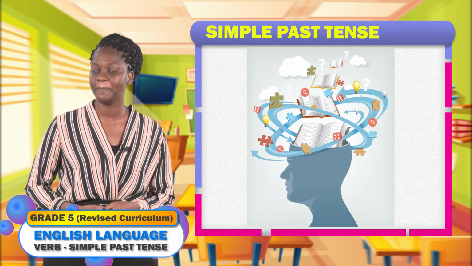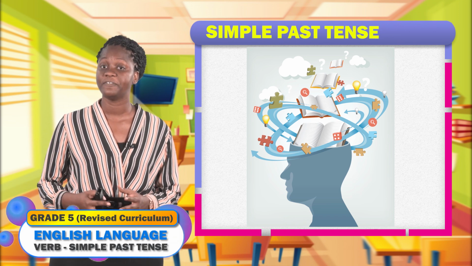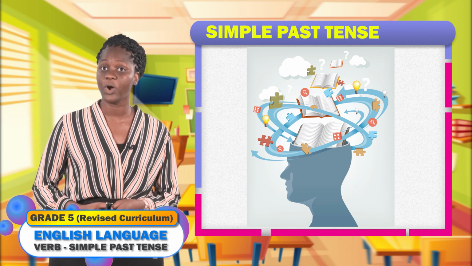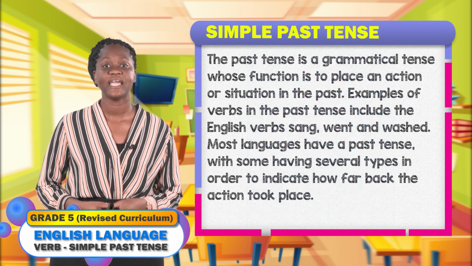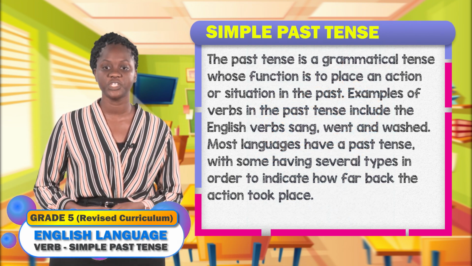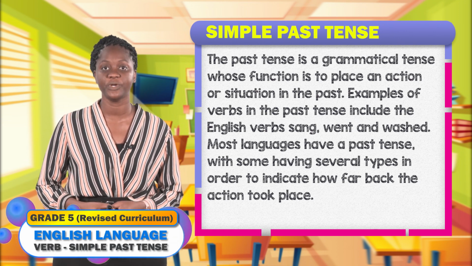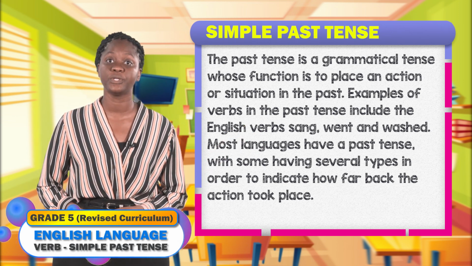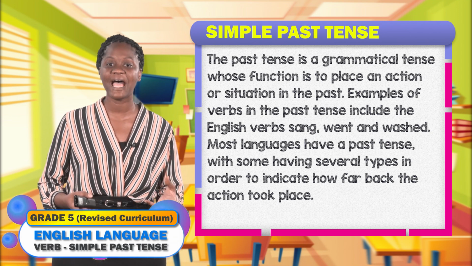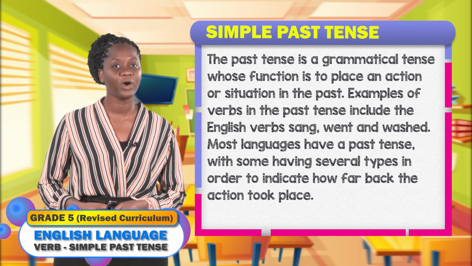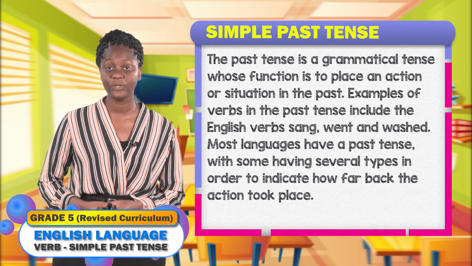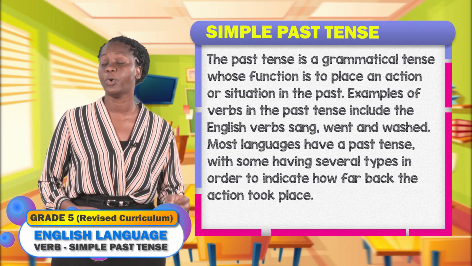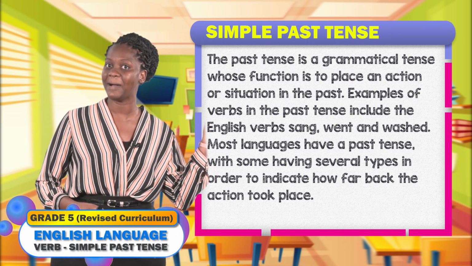So, what is the past tense? I know you are familiar with this tense from your earlier grades, so this would be somewhat of a revision. The past tense is a grammatical tense whose function is to place an action or situation in the past. Examples of verbs in the past include the English verbs sang, or washed, or went. Most languages have a past tense, with some having several types in order to indicate how far back the action